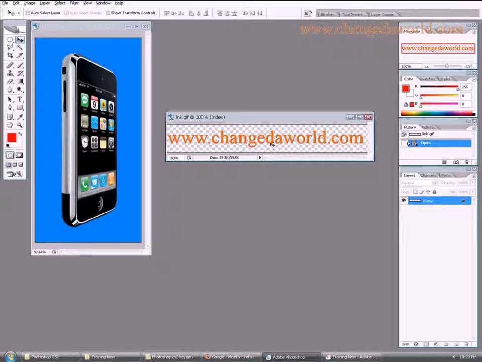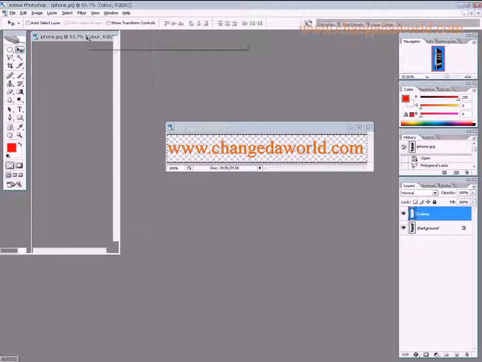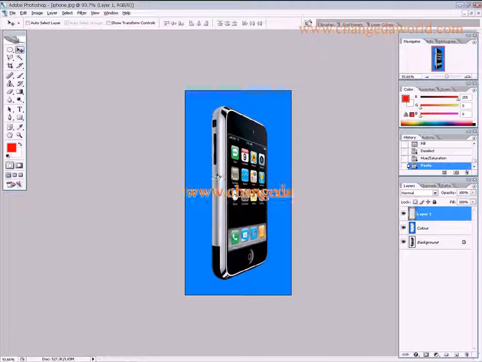As this is a PNG image, what I can do is press Ctrl A, which would select all, Ctrl C, which would copy, or I can always right click. I don't think right click works here. Let's just press Ctrl C, copy, come back to this image, open it up, and Ctrl V, which is for paste. Right, now this image is pretty big. I can always resize it by pressing the control key on the keyboard and T